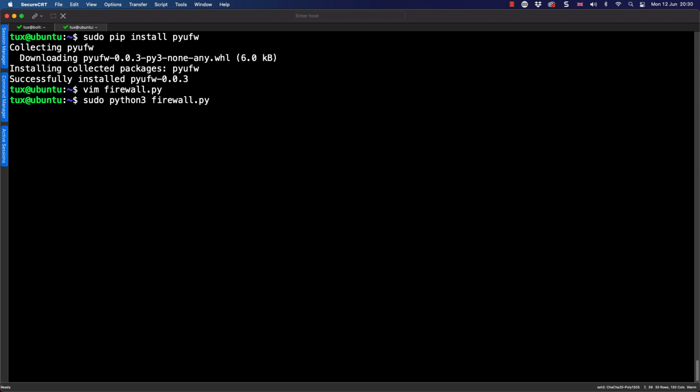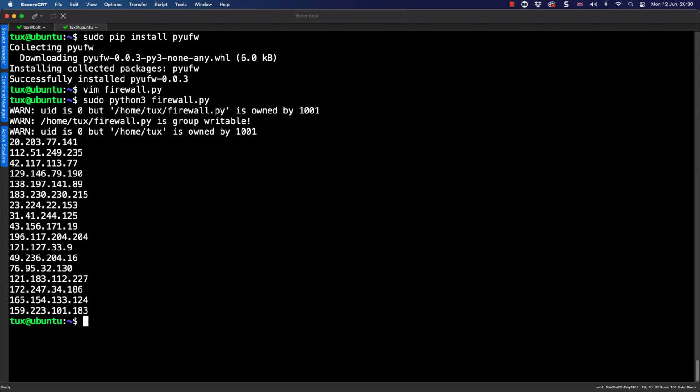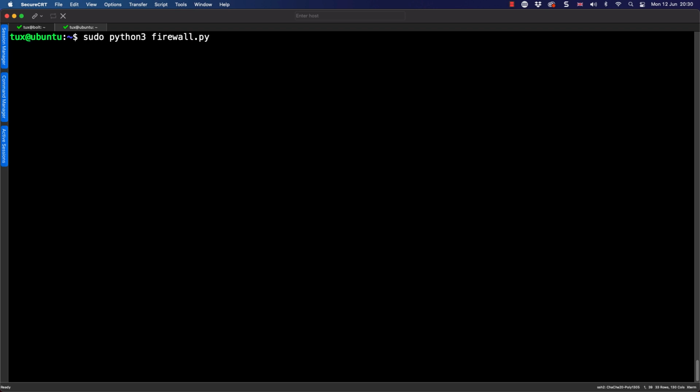If we look at then running our firewall script again, we can see then all of the IP addresses now that have appeared in our log. These IP addresses that have been banned. But if we go back and run it again, and actually just sending our output through to dev null for our error output.